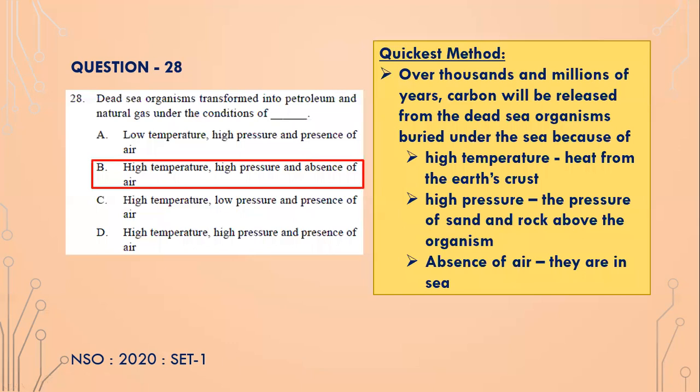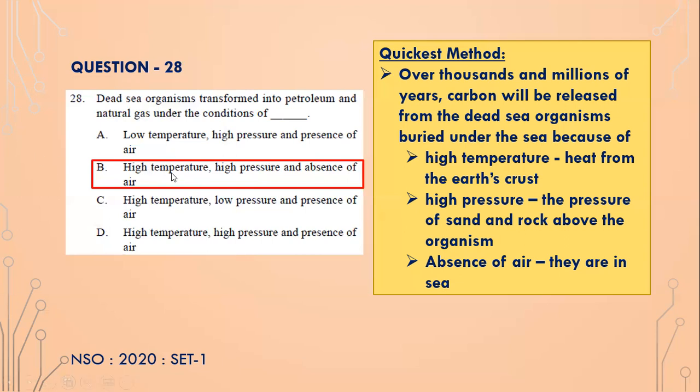Dead sea organisms transformed into petroleum and natural gas under the conditions of high temperature, high pressure, and absence of air, isn't it? Because when the organisms die, they are buried in the soil, and say in the sea, if a sea animal dies, then over millions and millions of years, because the sea sand also will shift, the animal will get buried in the sea sand, isn't it? So over thousands and millions of years the animal will get buried even deep,